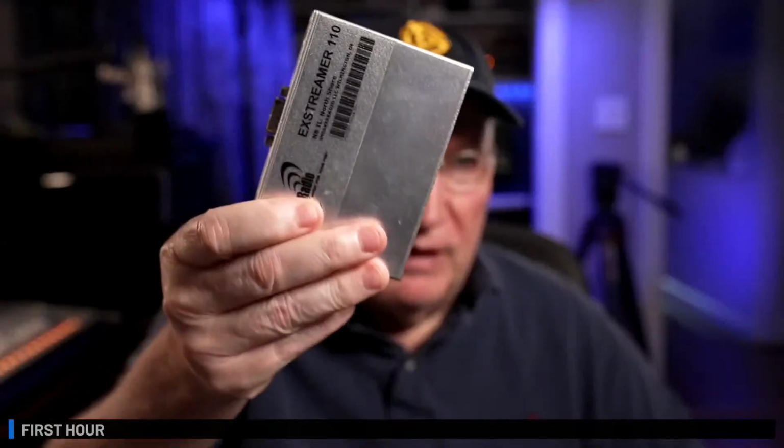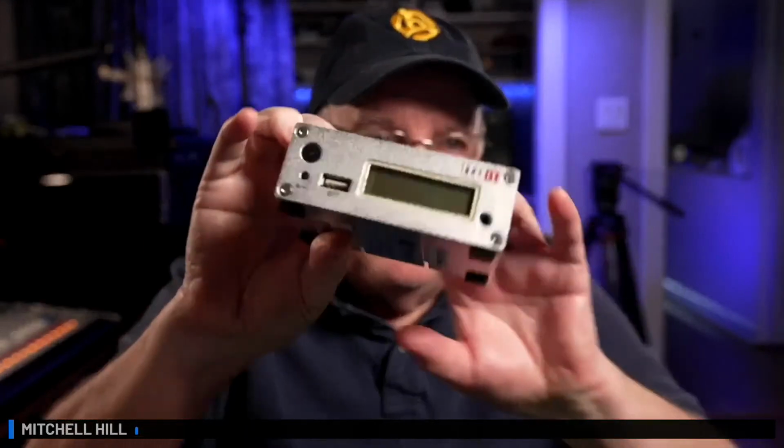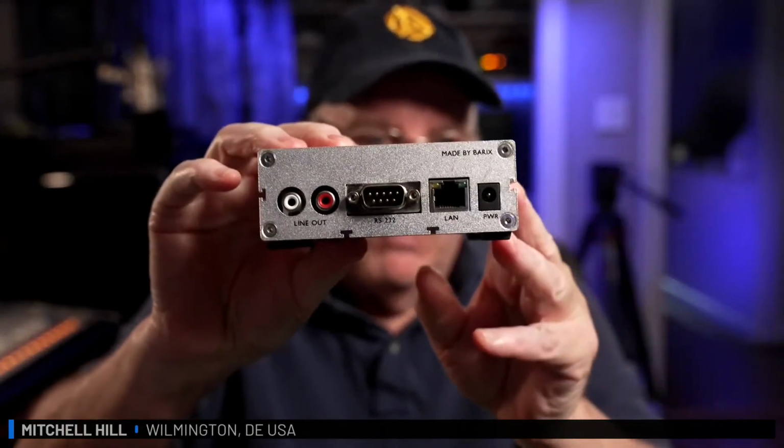I have a bunch of these out there. These are the Barracks Extremers, and the output is RCA. The client decided that he wants to place music and sound from this Barracks in the back room in the warehouse area, and he wants to use Bluetooth. I recommended against it because I think a pair of speaker wires or RCA wires in this case would actually work better than a Bluetooth into the...